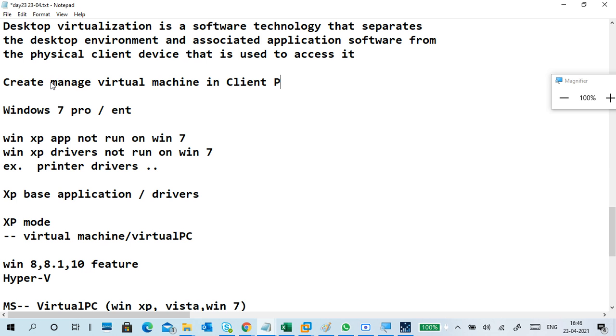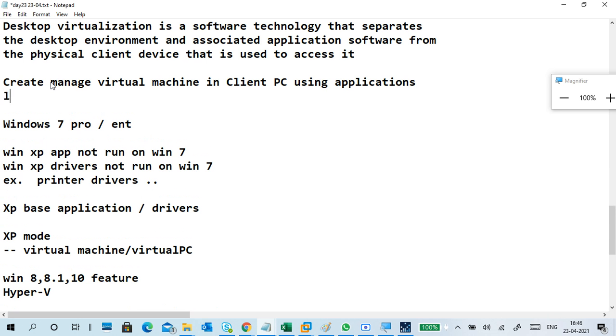To create and manage virtual machines in our client PC using applications like VMware Workstation, VirtualBox, and so on, we can create virtual machines.